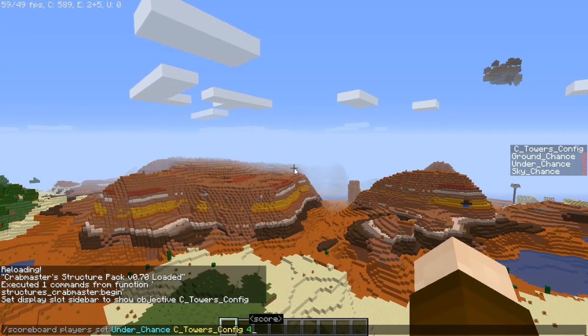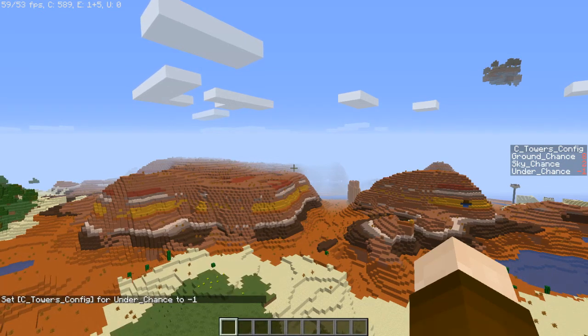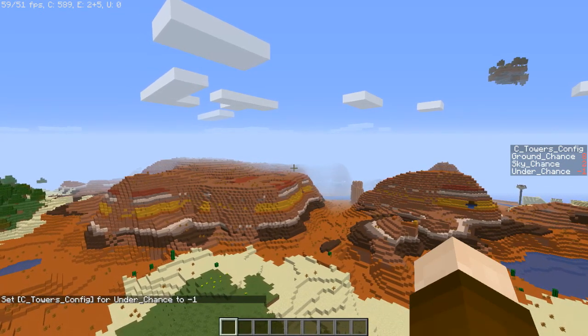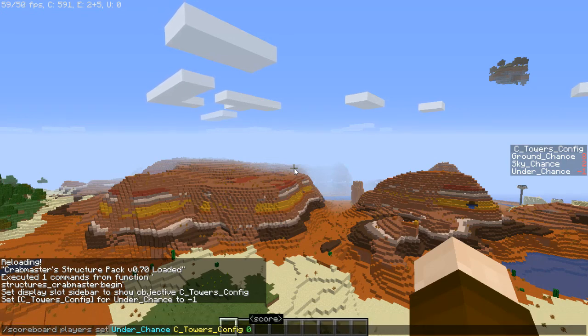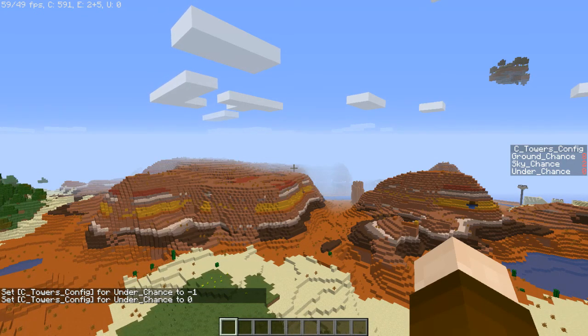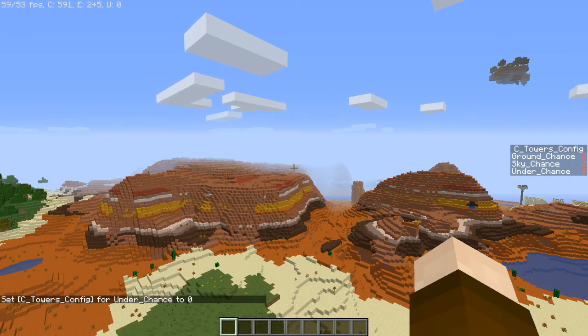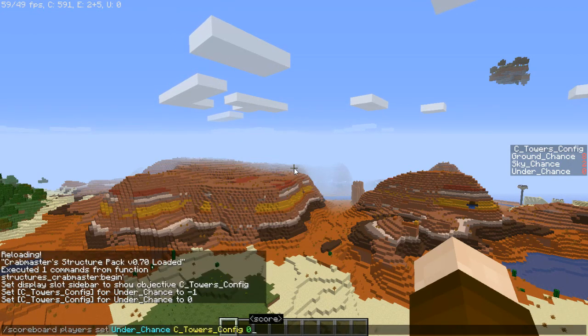We would use this command and set that to -1. That will completely remove them. If we do want caves, however, but we only want incredibly rare caves, you can set it to 0, which should be a 1 in a 512 chance of spawning. Or if you want way too many caves, you can set it something very high, like